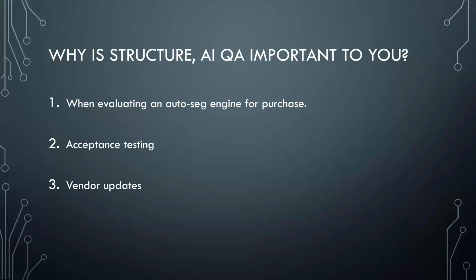So now if there is a problem, you can go back to your vendor and have that conversation with them and show them the data. Hey, I've been doing this for a while, and here's my gold set. I ran it against my gold set, and yep, you did some definite improvements here, but in the old version, this was a lot better, but now for some reason it's off. Can you help me out here? So again, you can use it for evaluation, acceptance testing, and vendor updates.